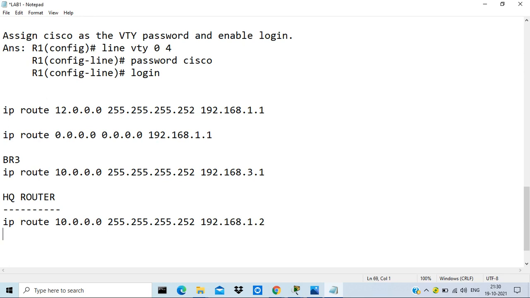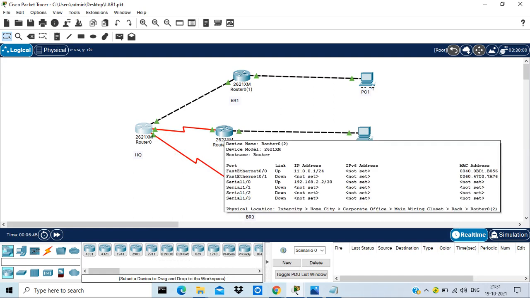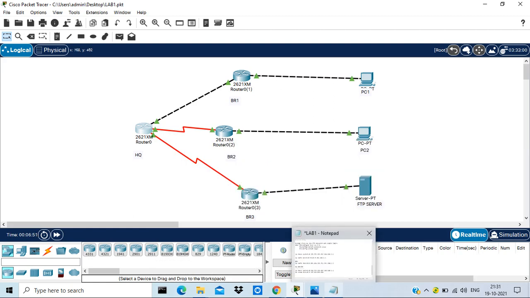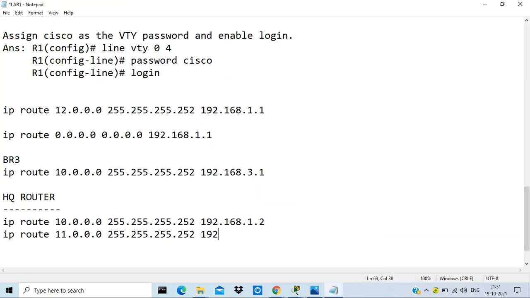Similarly, for branch 2, it is ip route, and branch 2 network is 11 network, that is 11.0.0.0, and then 255.255.255.252, and the gateway for branch 2 is the WAN port of the branch 2 router, that is 192.168.2.2. So this will be 192.168.2.2.